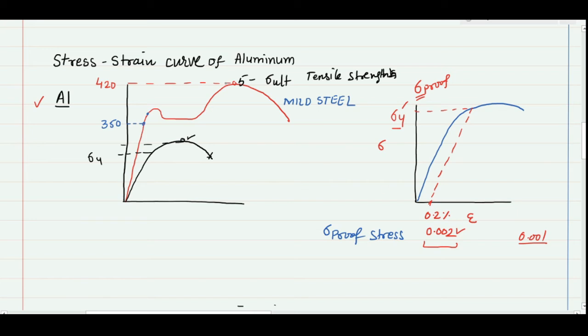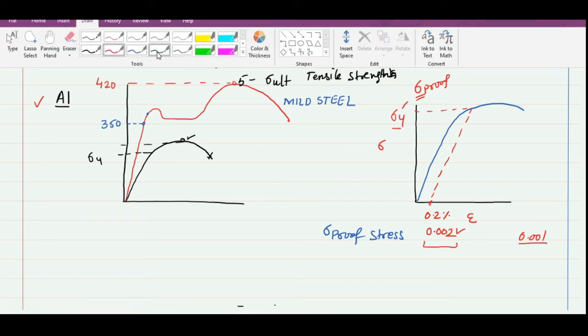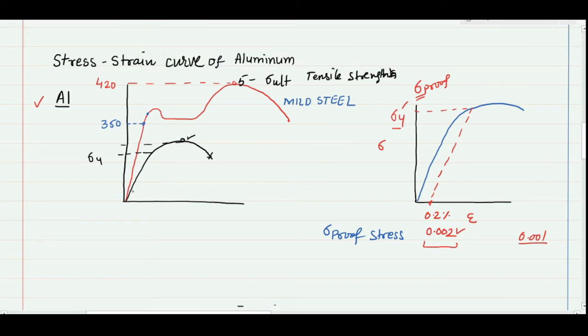Similarly, if you make the stress strain diagram for copper, and aluminum, they show the same behavior. Both are FCC materials and show a similar kind of stress strain diagram. However, the copper has an even lower yield strength value, so the copper will show a graph which is equivalent to aluminum, but with a lower value. So this is for your copper, this is for your aluminum, and this is for your mild steel.